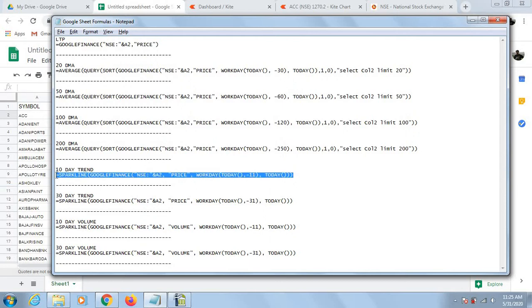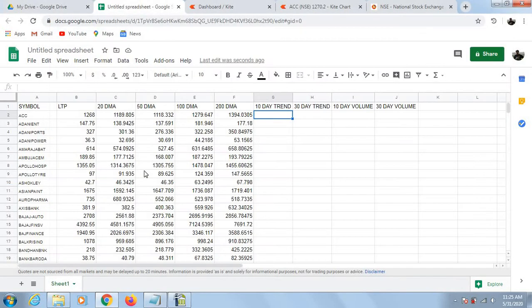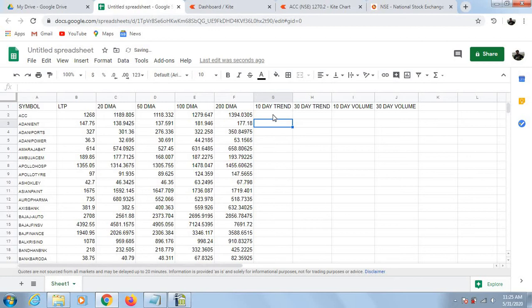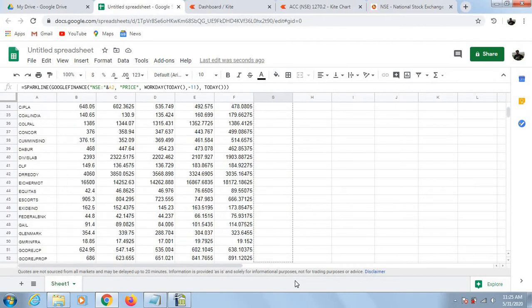I'm just copying this and pasting it here. So this gives me a miniature graph of how the stock is performing over the last 10 to 11 day period. Again, for applying to other stocks, just click and drag it.